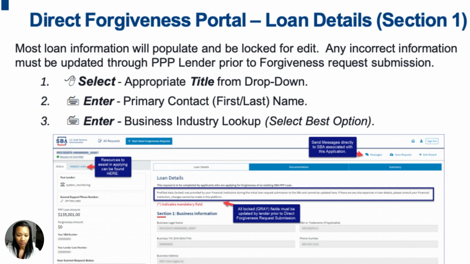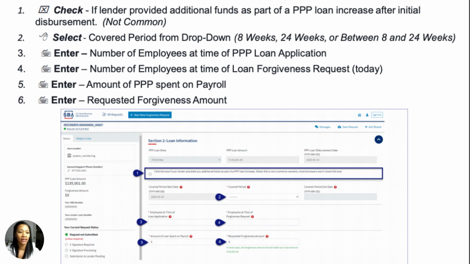Okay. So, and when I say the other fields, your EIN number, your business number, your social security number, the business phone number, all that stuff, even the address is locked. So, and like I said, if you need to change it, you need to contact the SBA loan portal. Okay, and this next